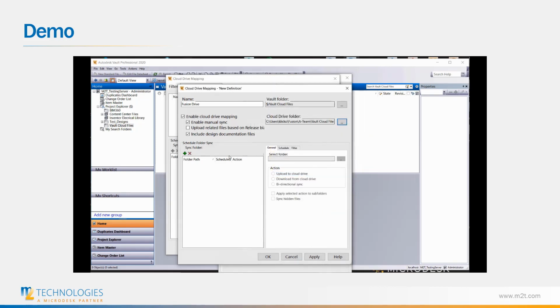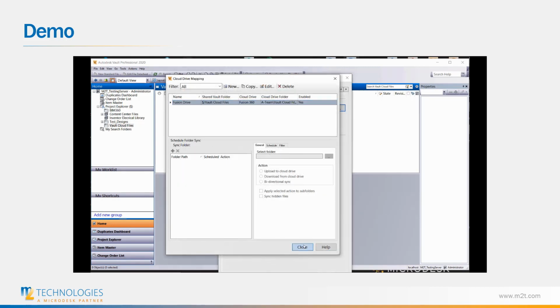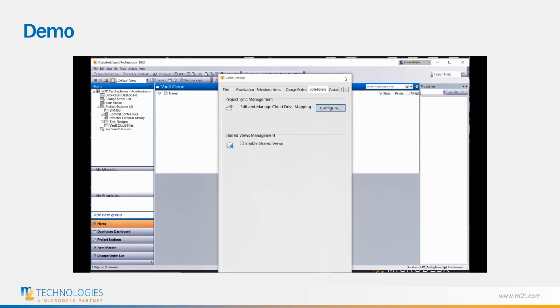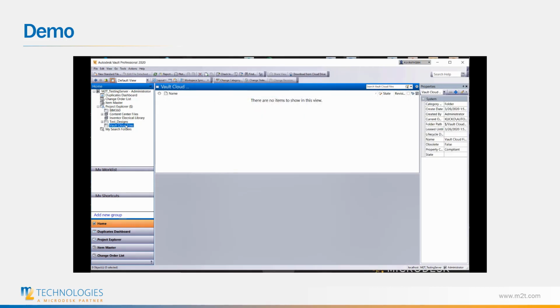Now if we want, we can set up an auto sync. We can choose what direction we want the sync to take place, schedule the time, and filter what files to sync. We're not going to set up anything for now. We can exit out of this. Now we have our connection made. You can see there's a download from cloud button now. However, we don't have any Inventor parts to download at the moment,